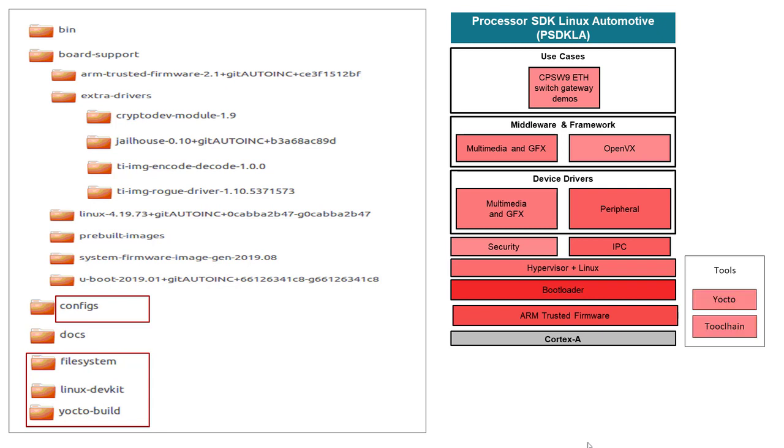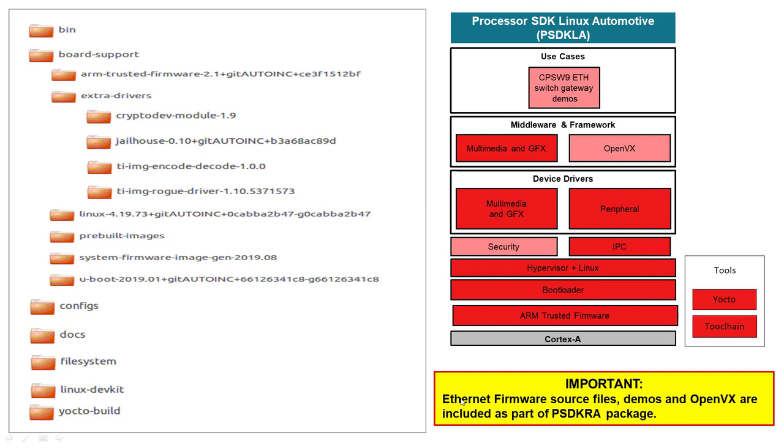Lastly, Prosser SDK Linux relies on a GCC compiler, and one needs to download the 32-bit and the 64-bit toolchain versions following the links that are included in the SDK download page. Important note, PSDK includes a pre-built binary for the Ethernet switch firmware. Source code for the Ethernet firmware, demos, and likewise the OpenVX component are included as part of the PSDK RA package.